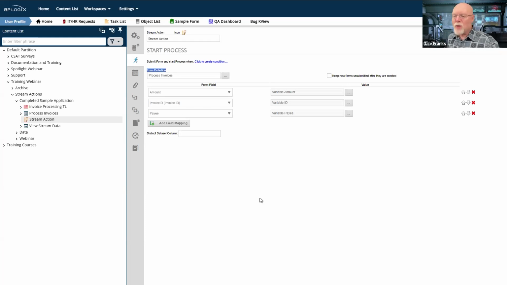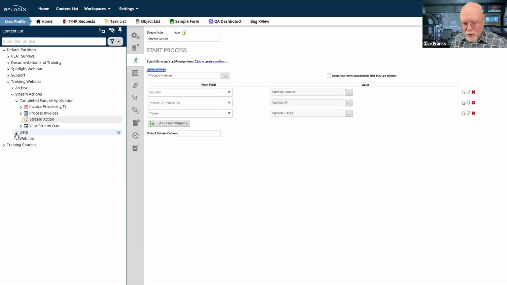And so that's what we are going to cover today in terms of creating a stream action to pull in some data, submit a form, and complete a process. It's also going to build on what we talked about, not last week, but two and three weeks ago, when we talked about SQL statements, because we're actually going to pull some data in from an external database. Now, we're not going to go over the whole process of setting up all of that stuff.